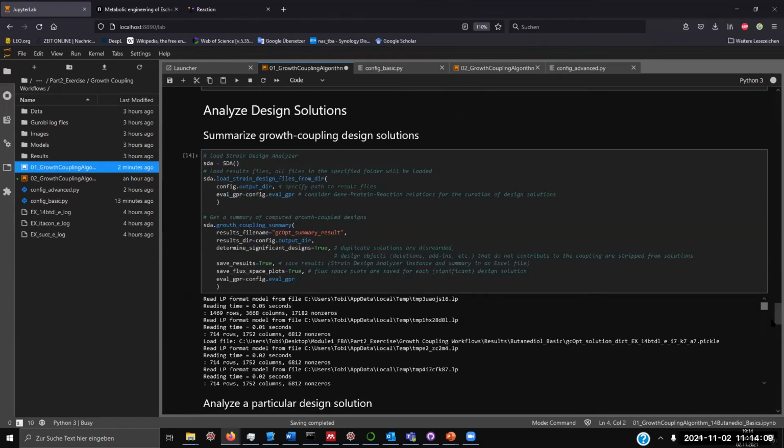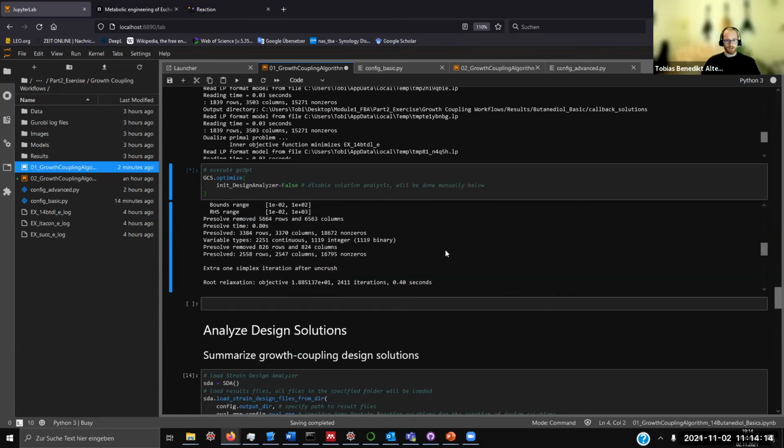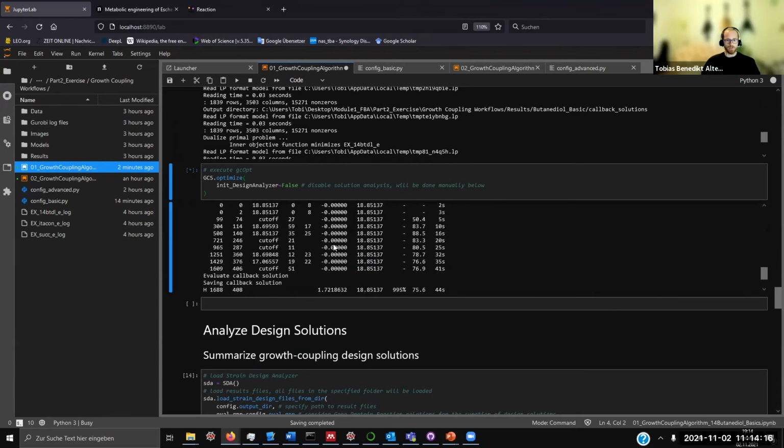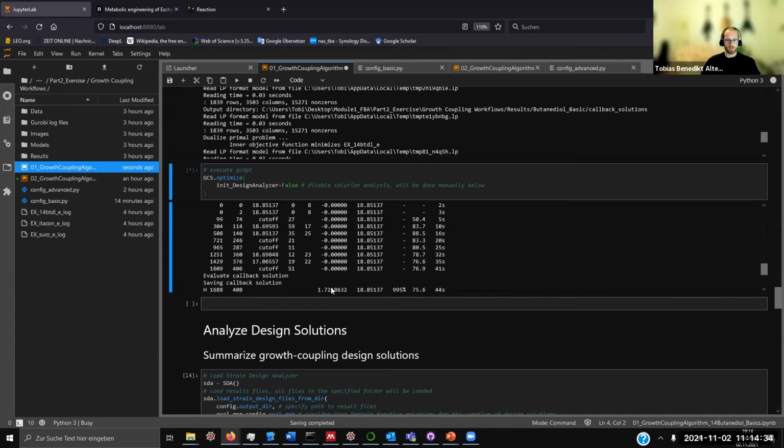The value of the current best solution for this objective you see in this column. So this is the maximum possible, and this is the objective of the currently best solution. You see in the beginning there's 0, but